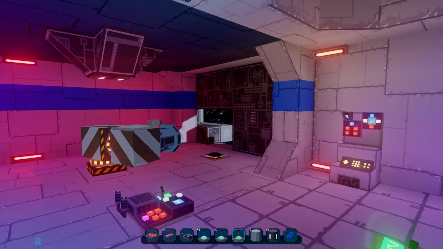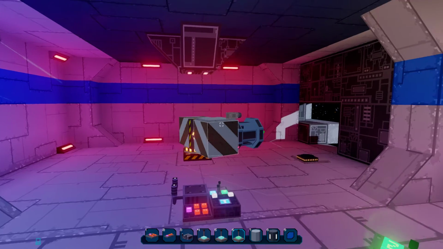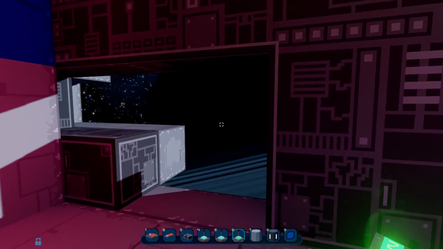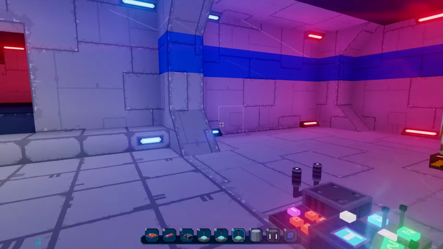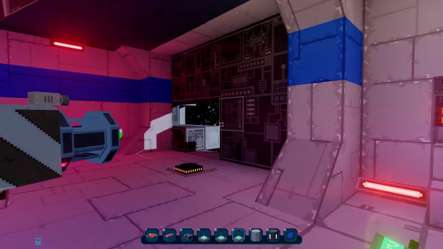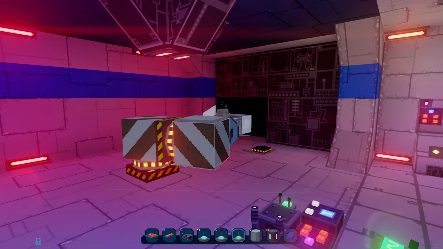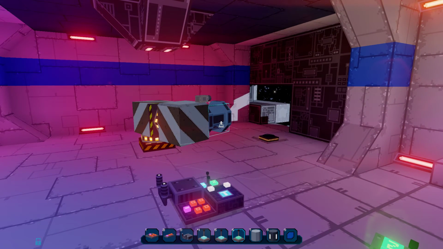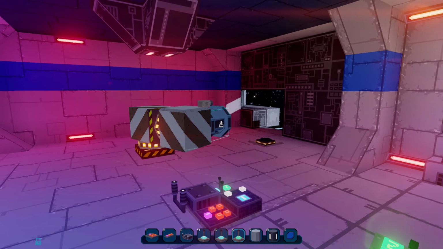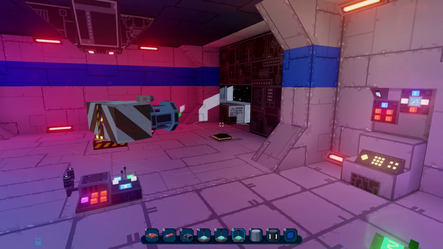So that's it. I've also done some changes on the multi-threading, the way tasks are done in the system. So now it should be a bit faster, but if you have some issues with that, please report them to me. And other than that, I'm still working a lot to build some stations and spaceships for the trailer. It takes me a lot of time, but hopefully it will be over very soon, and we'll be able to do a Steam Greenlight in February. So thank you guys, and see you in the next video.